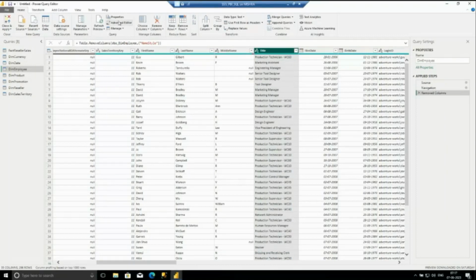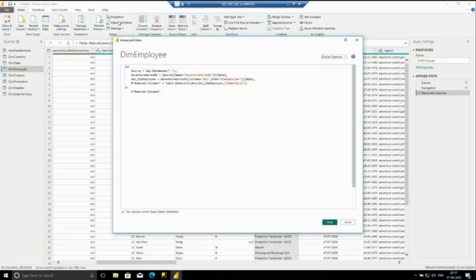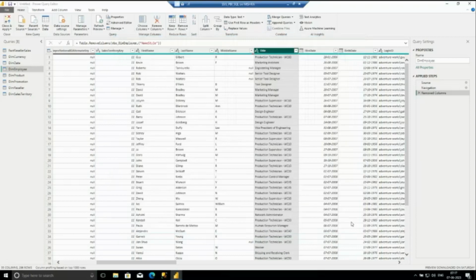Now if you go to the advanced editor, this is how it's going to look. But how are my applications going to understand this? So what they did is they used the concept of